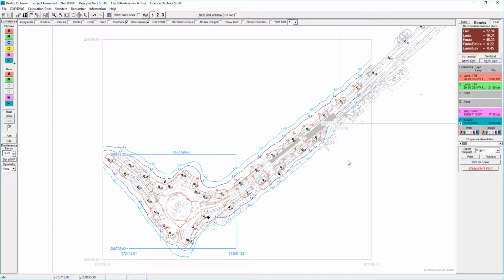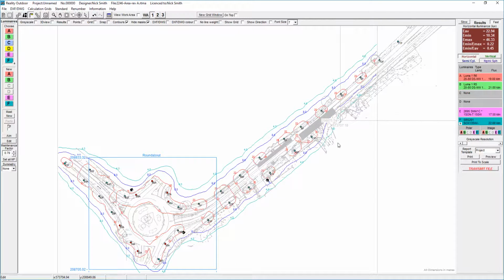I wanted to do a small video talking about the application of negative contrast on signalised crossings. Now, different people treat these in different ways, so I'm talking about the way I tend to do it. I'm not saying it's right, it is the way I tend to do it. So this is an actual project